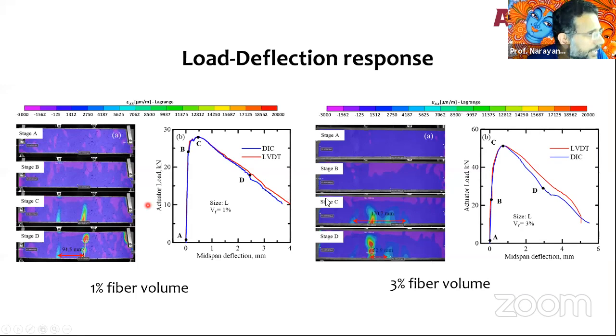Now, again, the same idea of load deflection response. That's 1% fiber, that's 3% fiber. You can see here the maximum deflection, say at point D, is 3 millimeters, whereas the corresponding point D with the maximum strain has a 2 millimeter deflection. So with increasing fibers, you get much more deflection, and you see much more random distributed cracking that is formed. All of these are very useful in developing procedures on how we can do design with ultra high performance